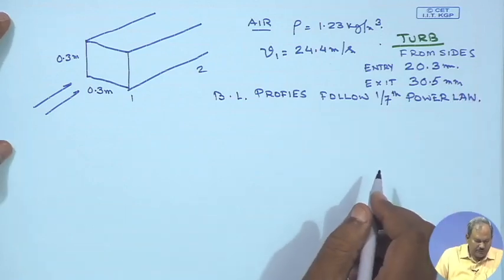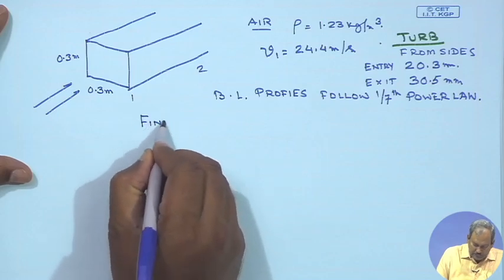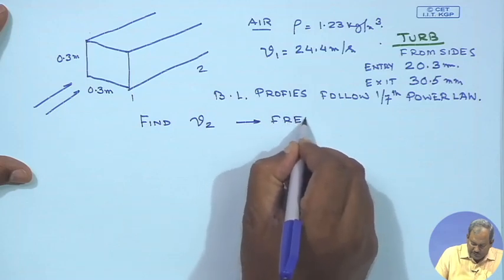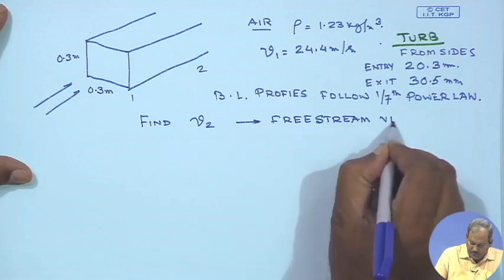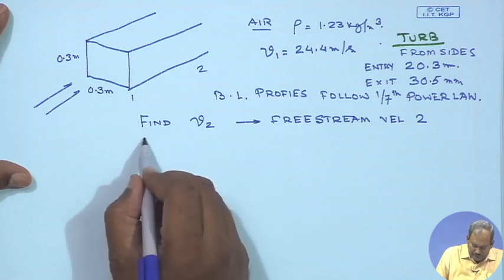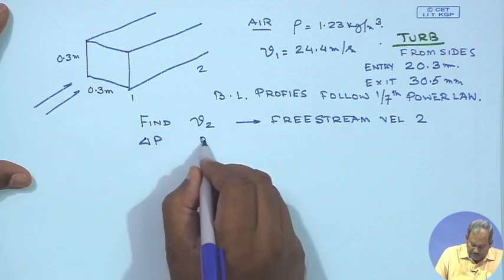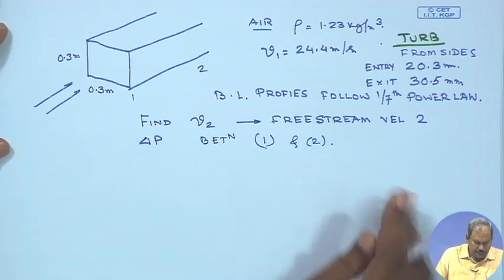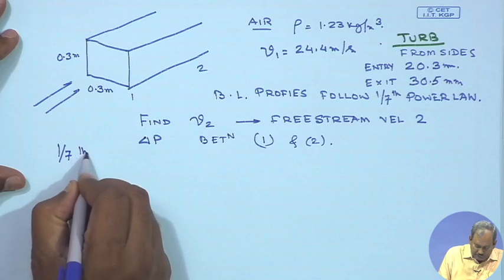Okay. So, if this is 1/7 power law, you have to find V2 which is essentially free stream velocity at 2, and the delta P, the change in static pressure between 1 and 2. So, this is what you have to find out. First of all, since it is a 1/7 power law profile